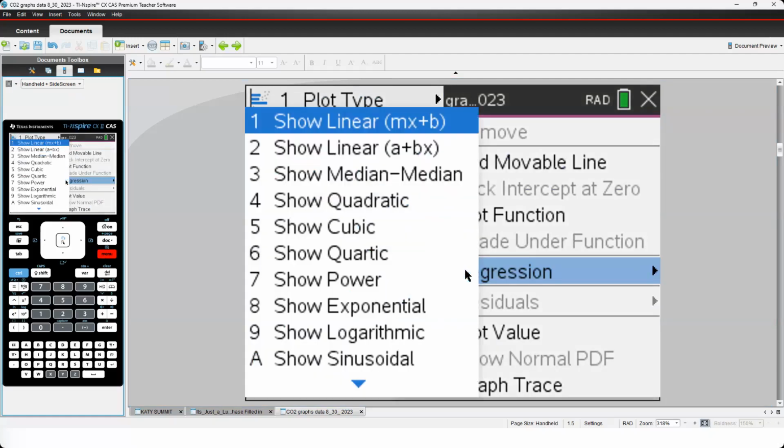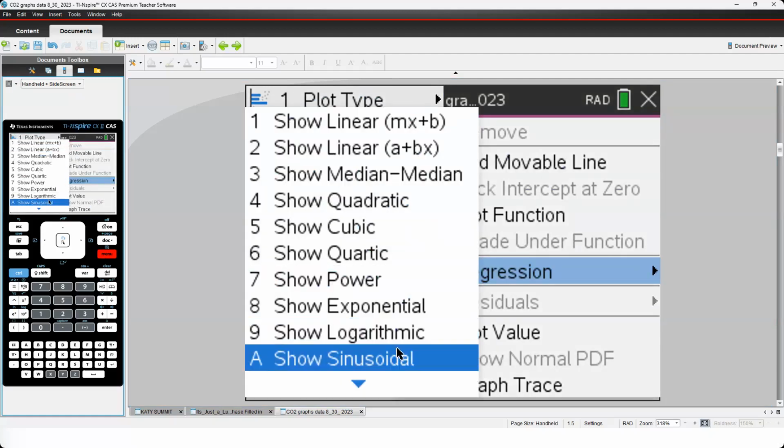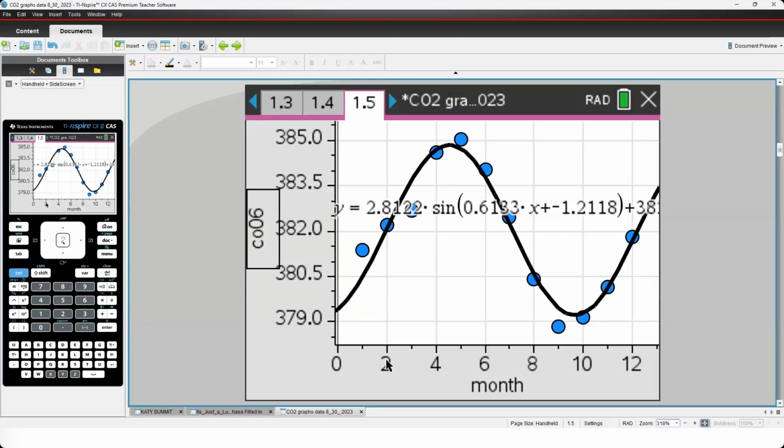So number 6, regression. This time she has to go all the way down to A. And notice on the TI-84, it made me input the period, whereas the Inspire doesn't. Depending on which calculator your students are using, make sure you run through this once beforehand, just to make sure you know what it's going to ask. Great, good point. All right, and look at there, we've got a great cool sine wave.